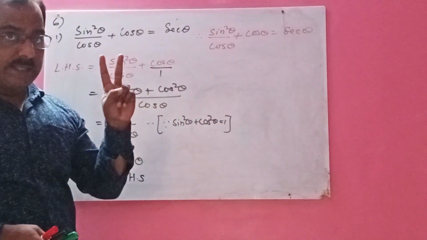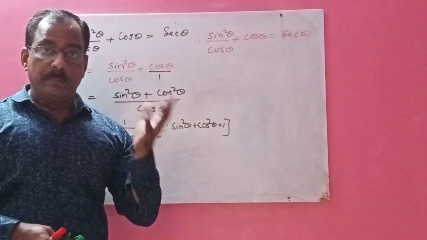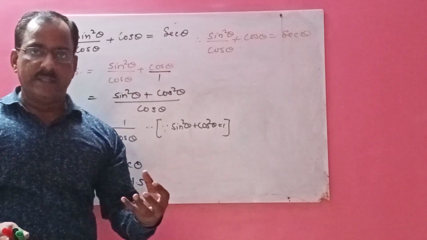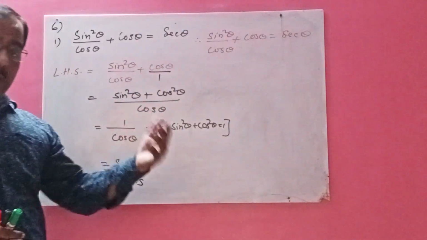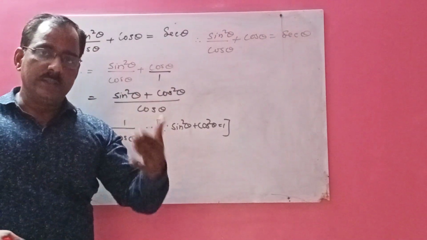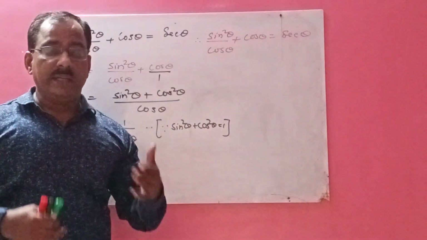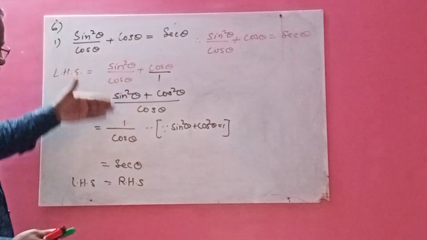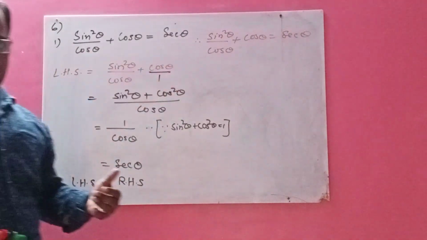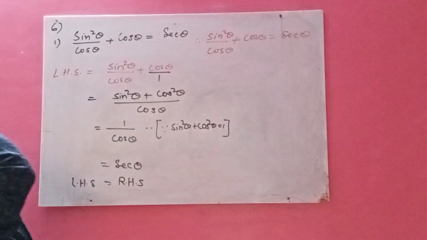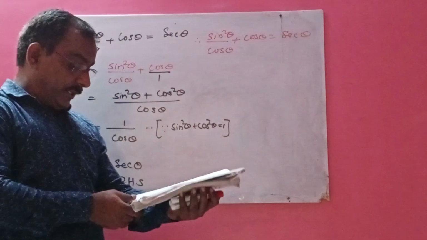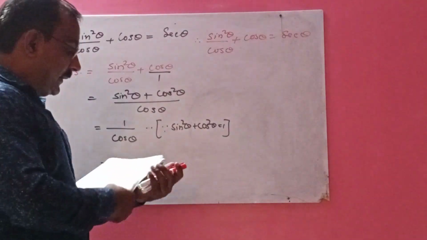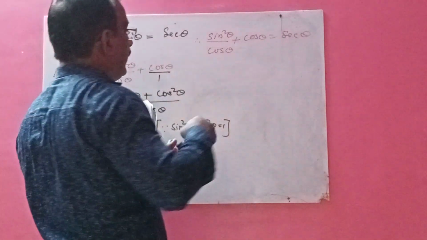Again I am repeating those 2 points. Select the complicated part. It may sometimes be on the right hand side. So take the right hand side, solve it, and convert tan, cot, sec, cosec in terms of sin and cos. Like here, not in this one I have done, but further I will get it. Now just see question number 2. Question number 2 is cos square theta into 1 plus tan square theta. What is given here? Question number 2.